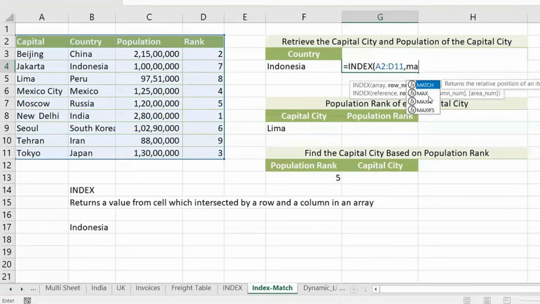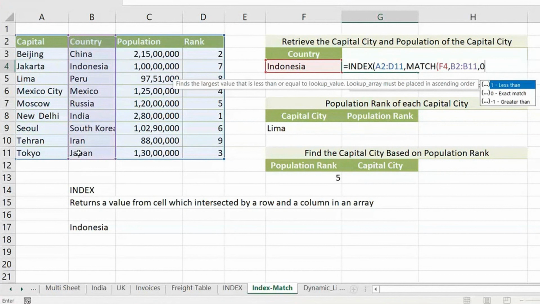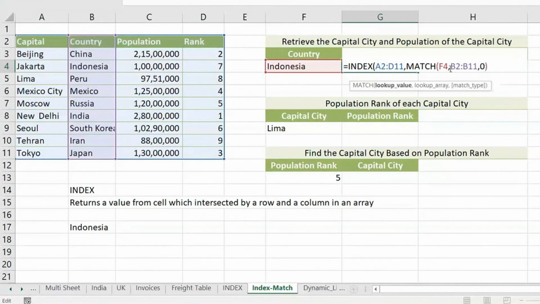Okay, so I'll write MATCH. I'll ask MATCH, hey MATCH, give me where is Indonesia? Comma, where? In this country column. So guys, you have to just take one column here. MATCH will not work with a full table, I've told you before. So just take Indonesia in country, simple. If you're searching for capital, you'll be taking capital, as simple as that. Then you write a comma, 0, close the bracket. So by this, I can make my work simpler. I don't have to count. I have automated the task of counting the row number of my searching value. That is the same row number for my retrieving value. So I got my row position now. Agree, guys?